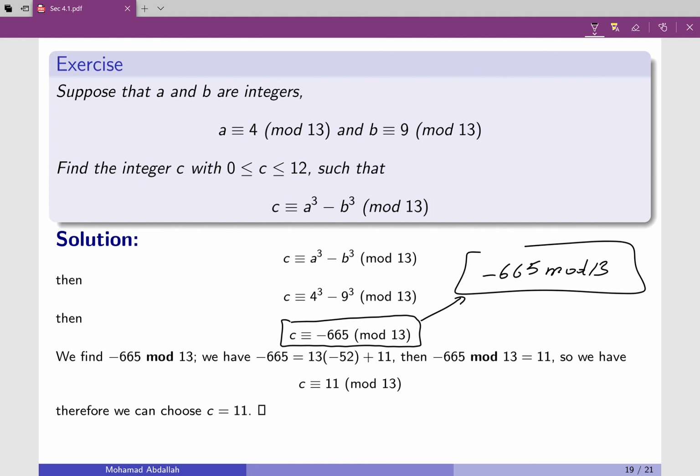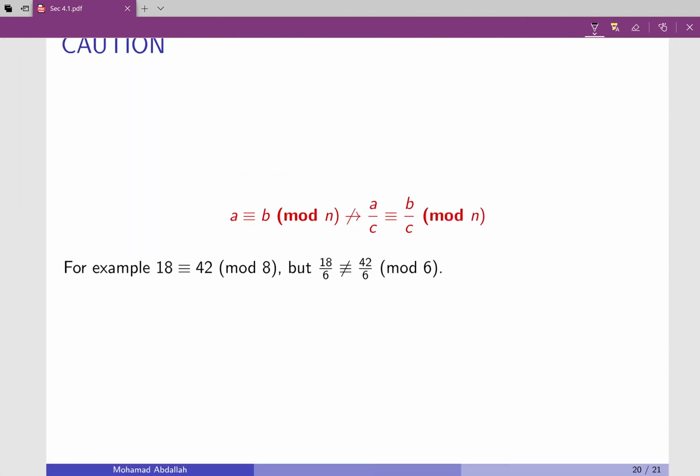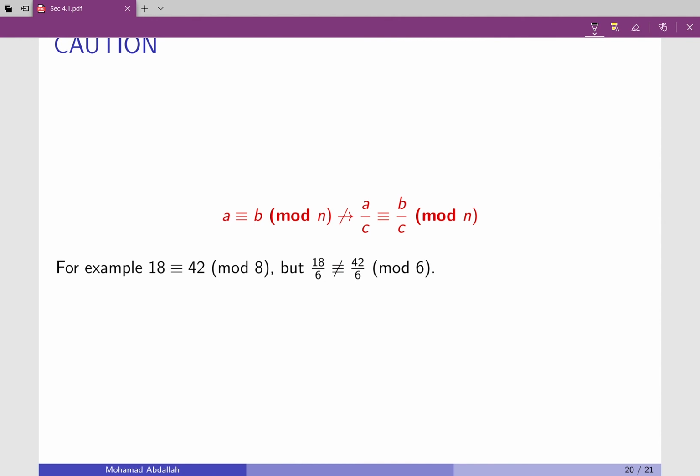If you want to use method 2, what you're going to do here is, for negative 665, you will be adding, because that's a negative number and you want to make C between 0 and 12. You can keep adding multiples of 13 till you get a number between 0 and 12. Here you have to be very careful, since we talked about